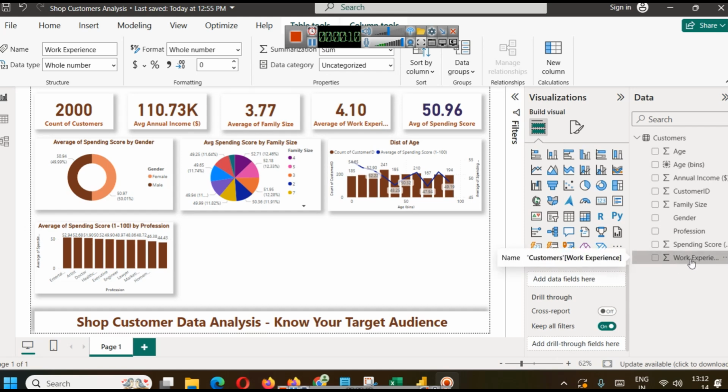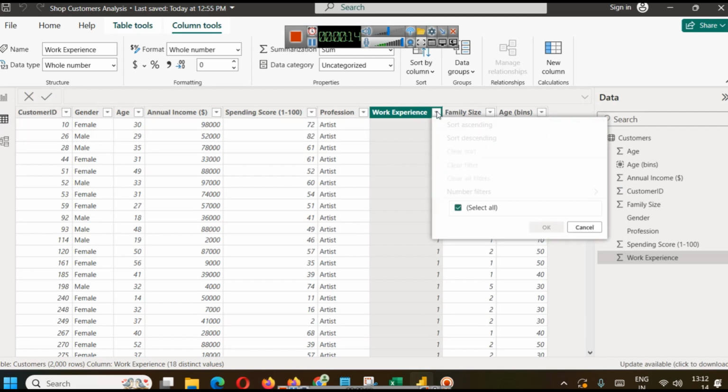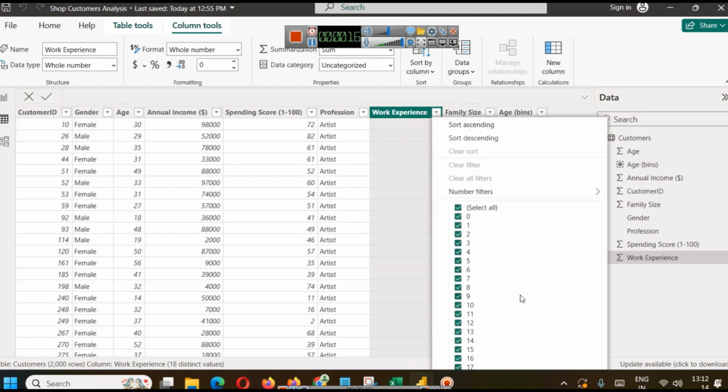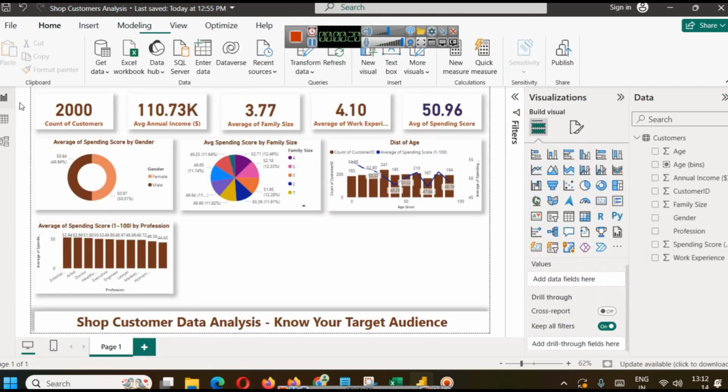One more important variable is work experience. When you see its minimum is 0 and maximum is 17. So we can drag it just like this also, as we have done in case of age. We can create a group here, so we will see group wise data also. But what I want to teach you is how to create a calculated column on the basis of this particular